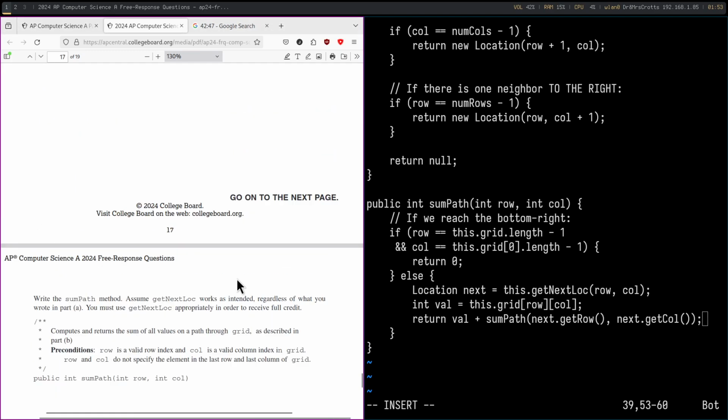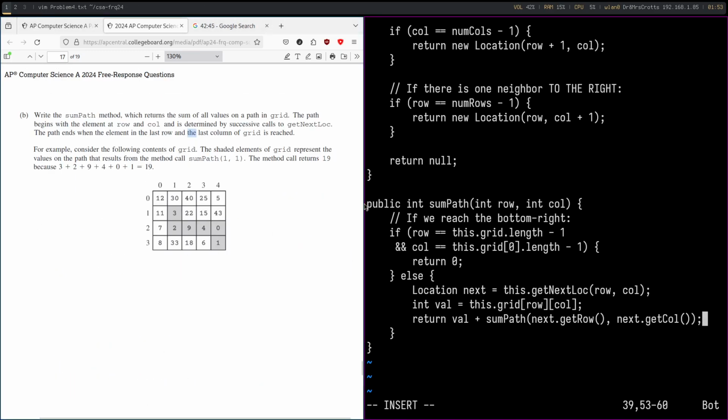Okay, so let's see what that actually looks like. In this case we call 1, 1. So we're going to do 3 plus the result of calling this on 2, 1, which would be 2 plus the result of calling it on 2, 2, which would be 9 plus the result of calling it on 2, 3, which would be 4 plus the result of calling it on 2, 4, which would be 0 plus the result of calling it on 3, 4, which would be